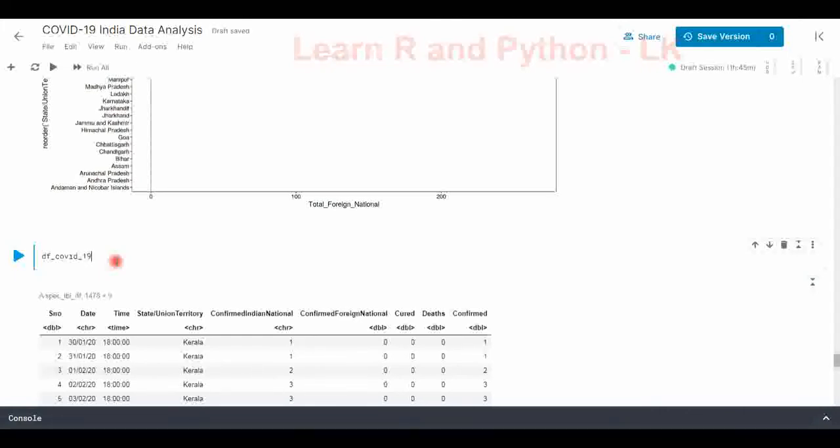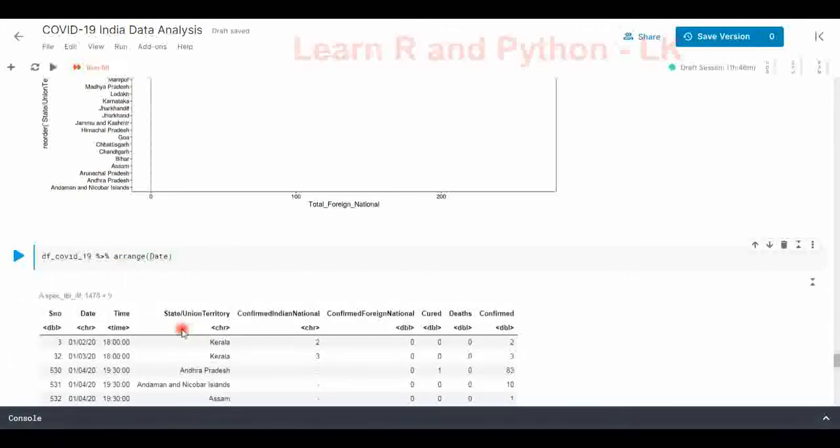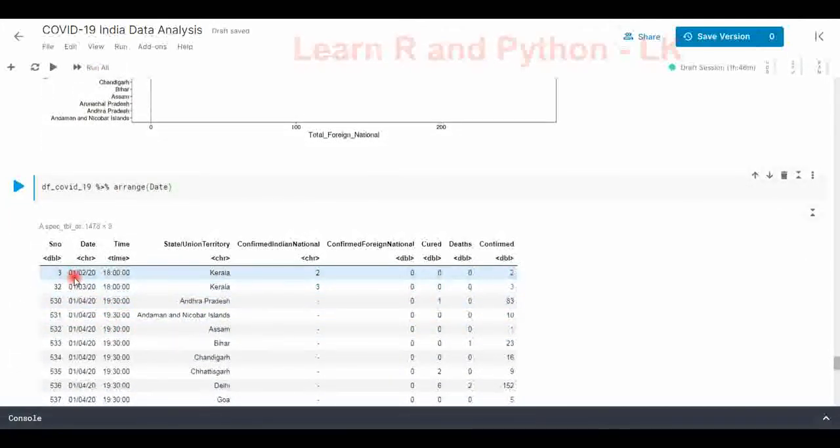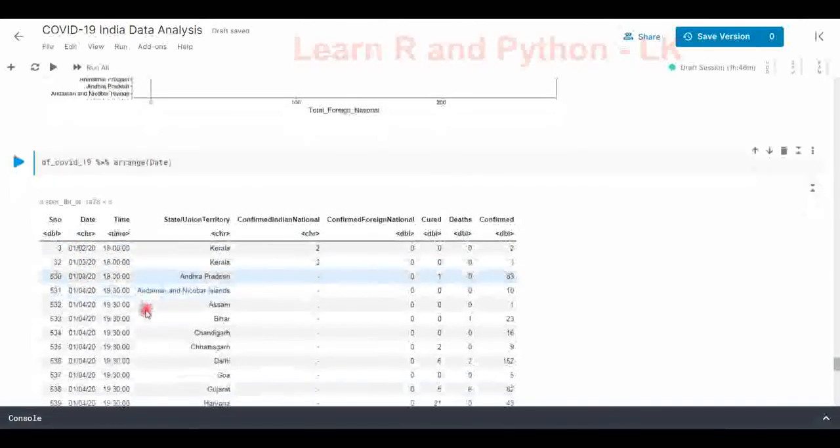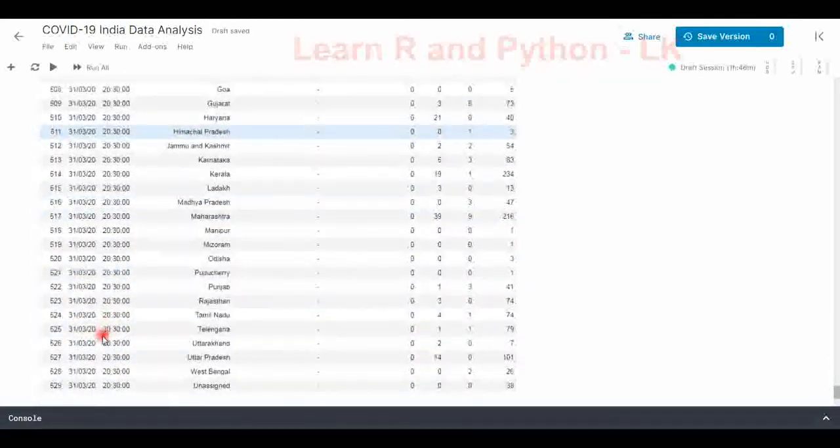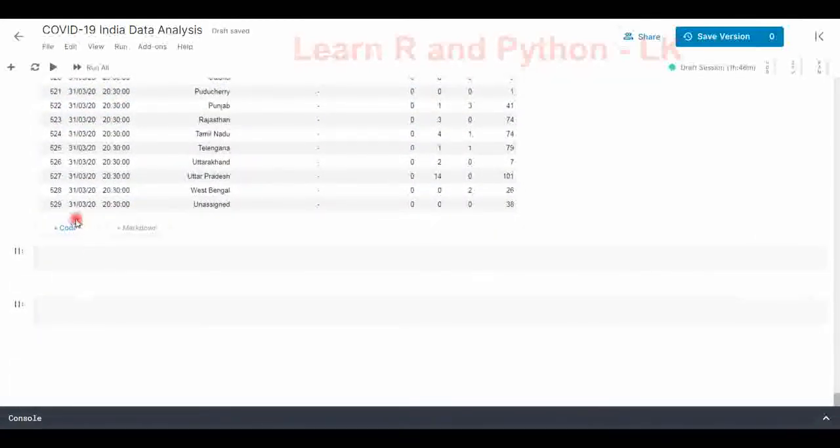If I just start with arrange by date, it is starting from first. I assume this is month, date and year. So this is from Jan till March